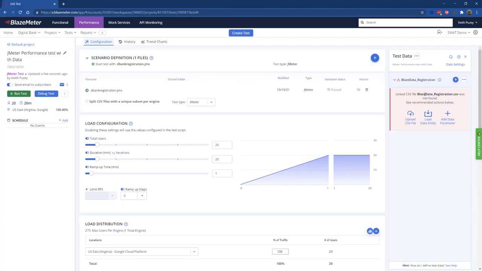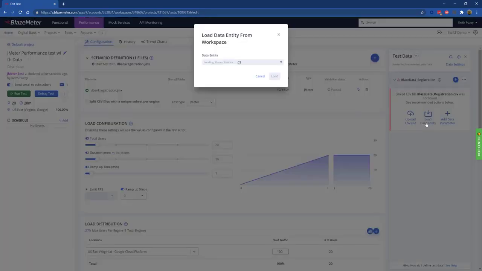And at this point we could just load the CSV file. So we could take the CSV file with that static data, load it into BlazeMeter and run the test. Or we can do things like associate synthetic data generation rules so we can generate that data dynamically. So if I click on this load data entity,